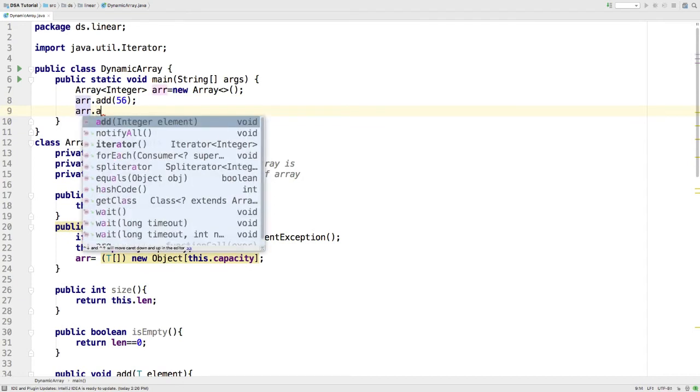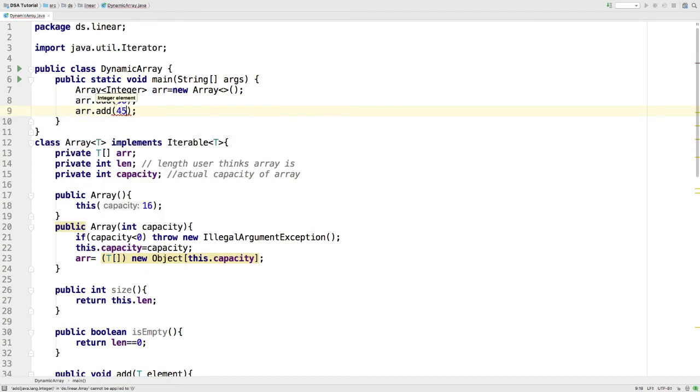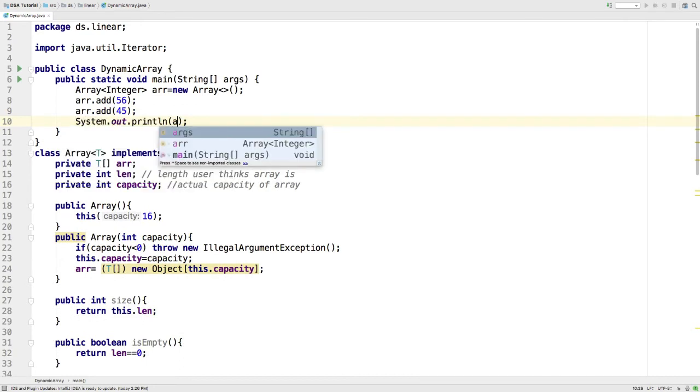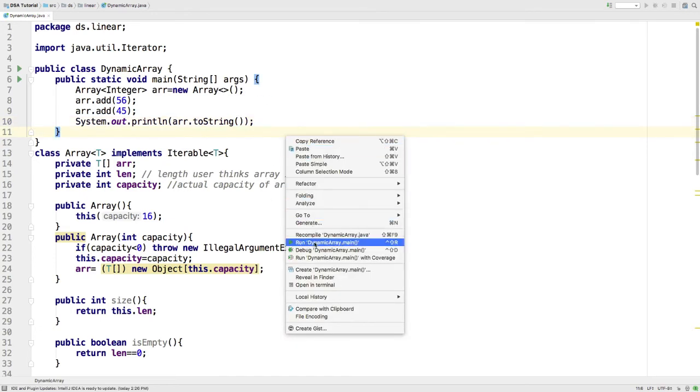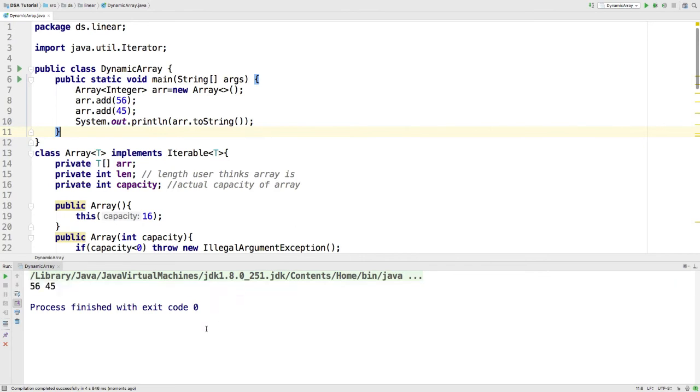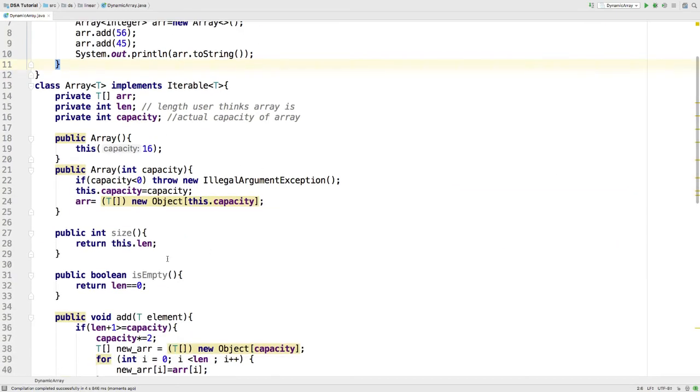Again I'll say arr.add and add one more integer, and let's print arr.toString. Now let's right click and run. Alright, so 56 and 45 are added to the array. So it's working. Add method is working.